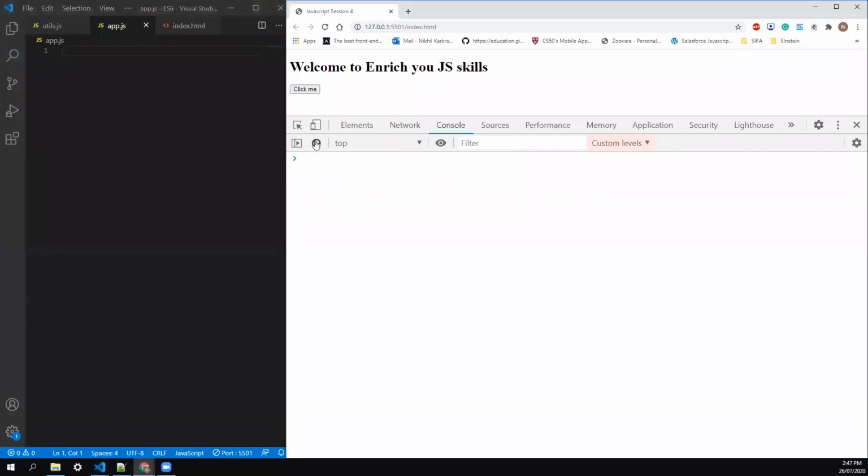This is very helpful actually in a real-time use case. Suppose you are getting some object from the server or from your Apex. Many times it happens that we don't know whether, in the accounts object, the city field is available or not. So it usually comes like this: within the object, we have the address property, and within the address, we have a nested city property, and the city property is coming as null.